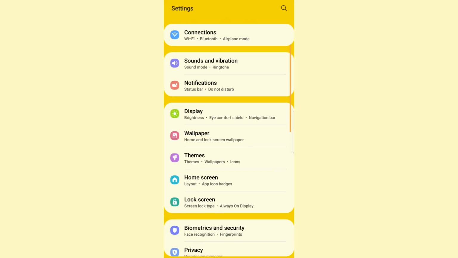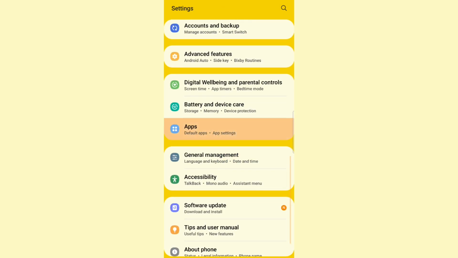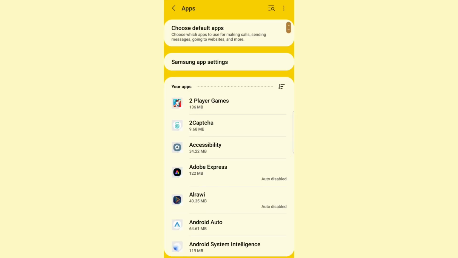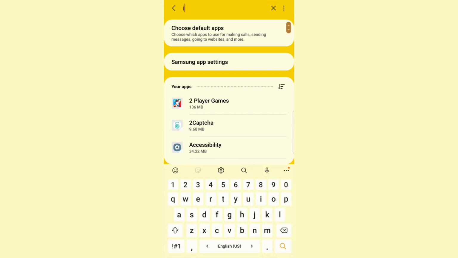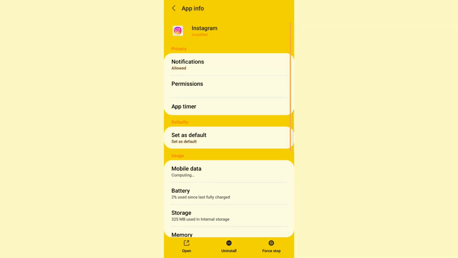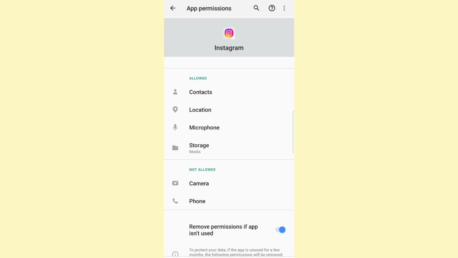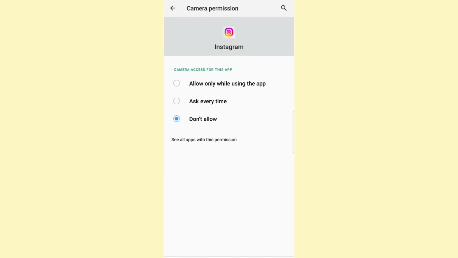So go ahead and open up your settings, and once you do that, scroll down to apps, then navigate to Instagram, and here you want to go to permissions. Now, as you can see, the camera feature or option is on the not allowed permissions section. Click on it, and here you will be able to allow and grant access to the camera in the Instagram